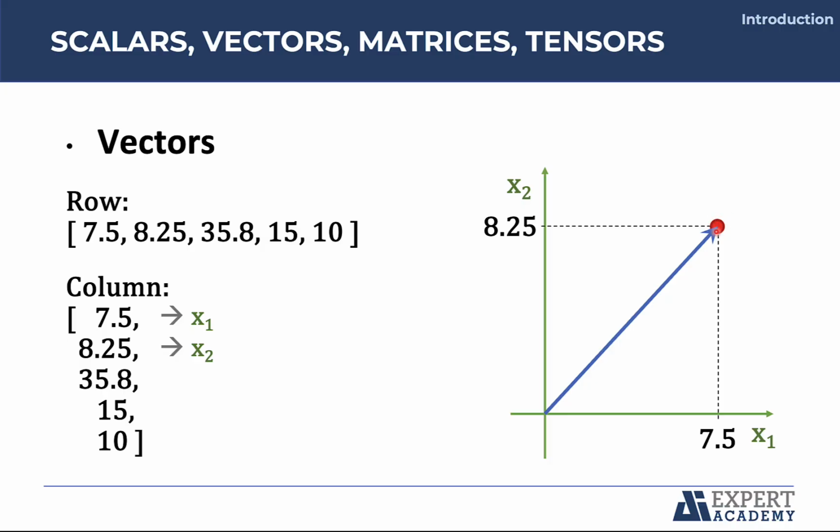Here we have the example for the first two variables of the restaurant equation, 7.5 as well as 8.25. Another representation is an arrow. In this case, the origin of the vector is also at the origin of the Cartesian plane. The vector also has orientation and direction as pointing to the top right.